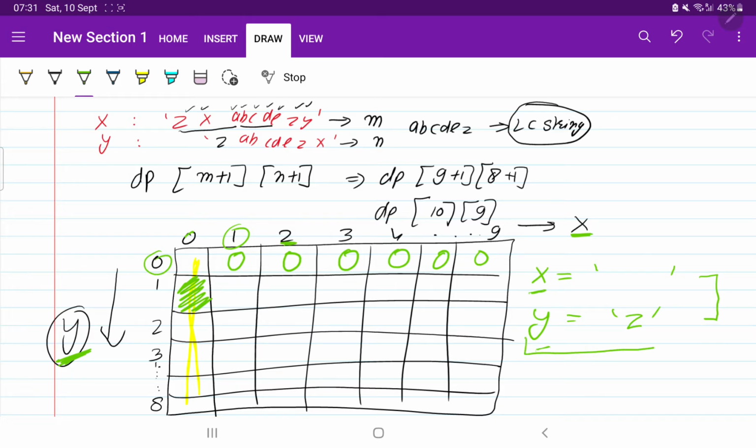And if I ask you the same question, the longest common substring between X and Y, you are going to say the same thing, that now we have 0 elements common between these two, so here also it will be 0. Similarly, all the elements are going to be filled with 0. Perfect. And if there is no element common, then the answer will be 0. So we have filled the first row and first column by ourselves.